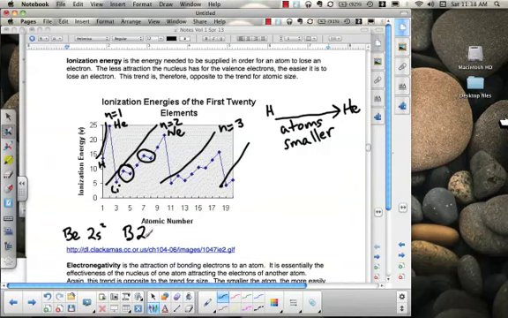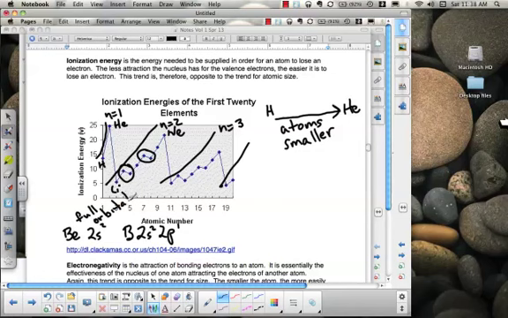Boron has a 2s2 2p1 valence shell configuration. So what this bump is showing us is that it's harder to take the electron away from beryllium, even though it's a slightly larger atom than boron is, than it is to take it from boron. And the reason why is because this orbital is full,